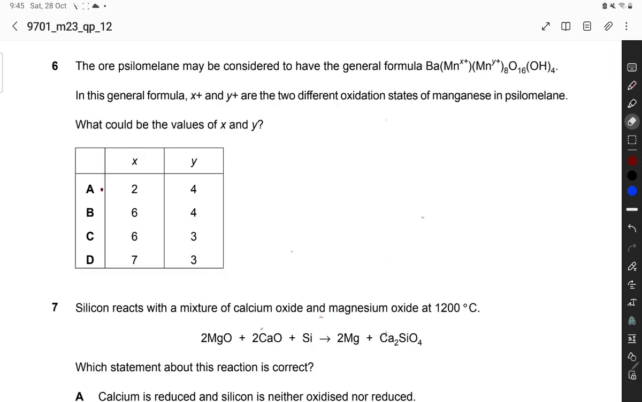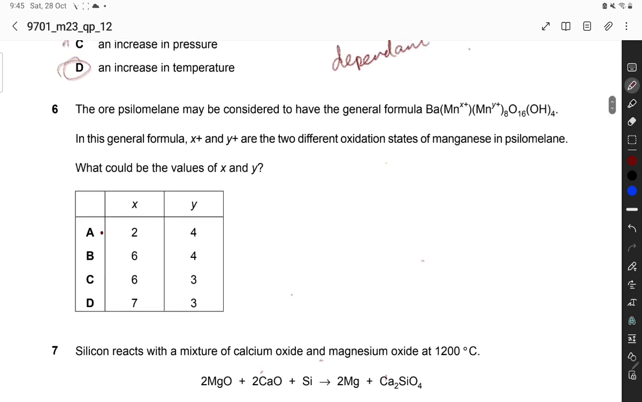Question number 6. The ore silomelane may be considered to have the general formula given. In its general formula, X plus and Y plus are the two different oxidation states of manganese in silomelane. What could be the value of X and Y? Barium has a plus 2 oxidation state. So write down over here plus 2 plus